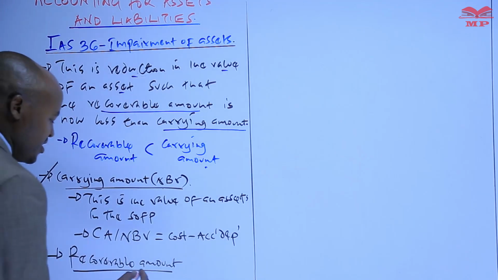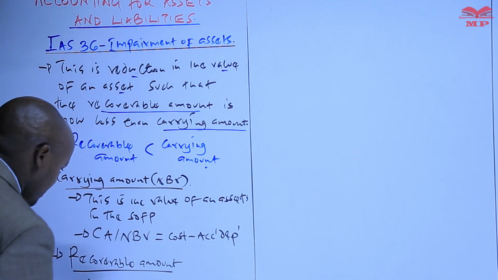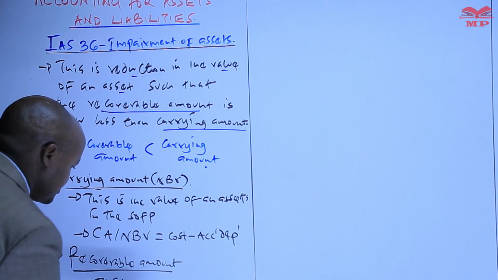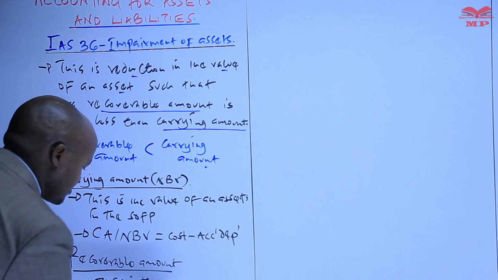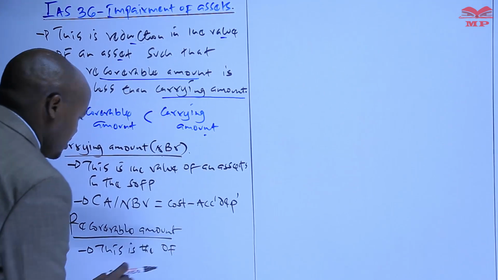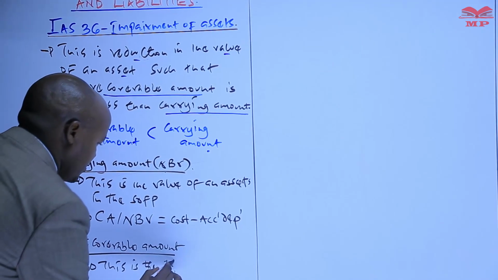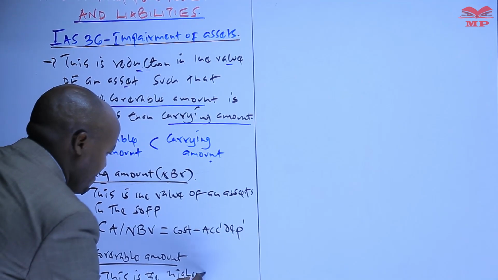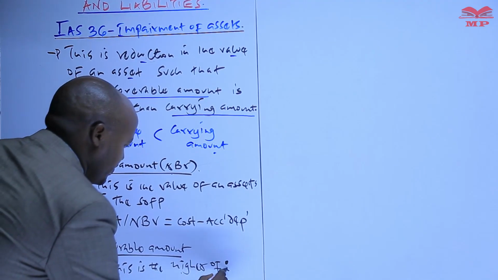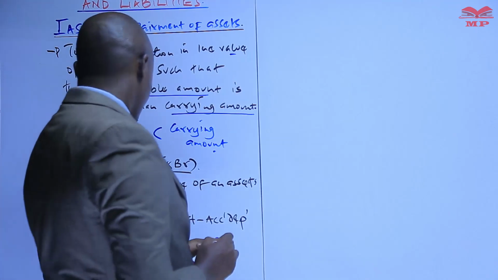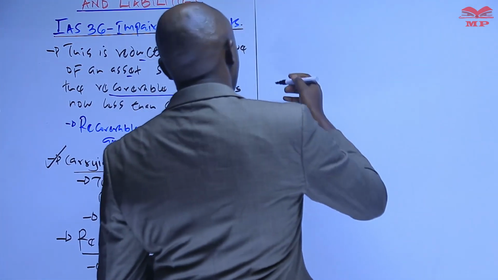So we can say that this is the higher of two values. So number one, we have